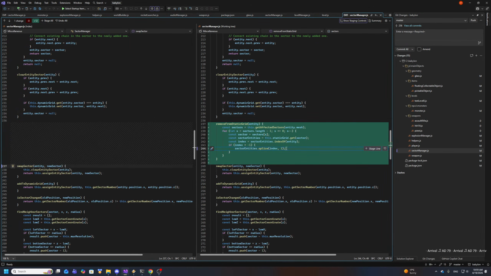That procedure is quite expensive because if we have long glass, we need to go through all those sectors, go through all arrays and splice them. But because the static grid is intended for static nodes that usually do not change often, it's okay. That function will be called really, really rarely. And once we remove those glass references from the static grid,